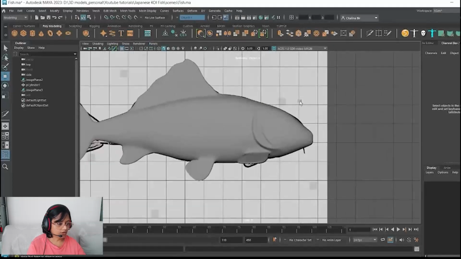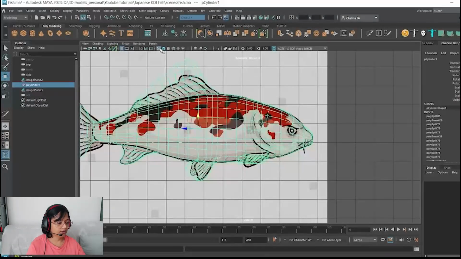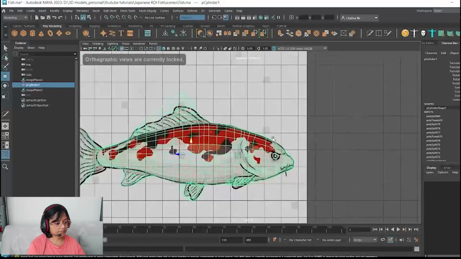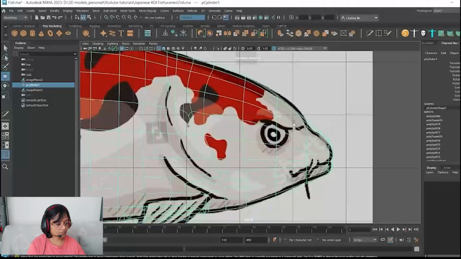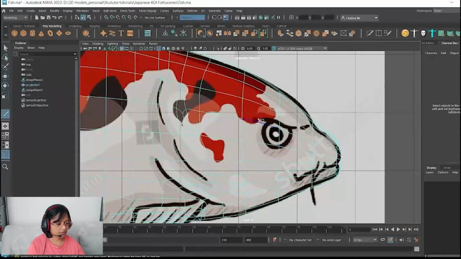And if you go to side view, go to wireframe mode, yeah, you can see our fish is ready. It looks almost perfect. Yeah, I'm quite happy. Now let's create